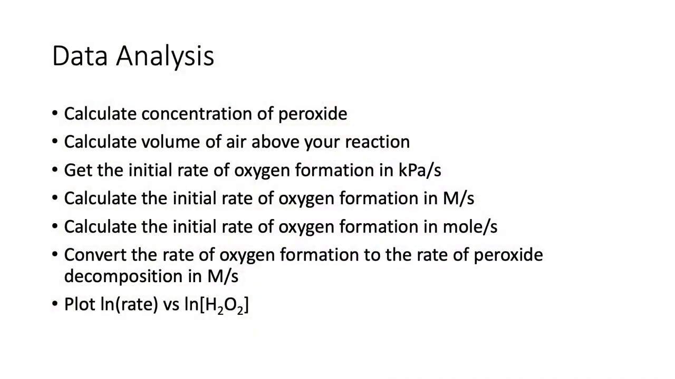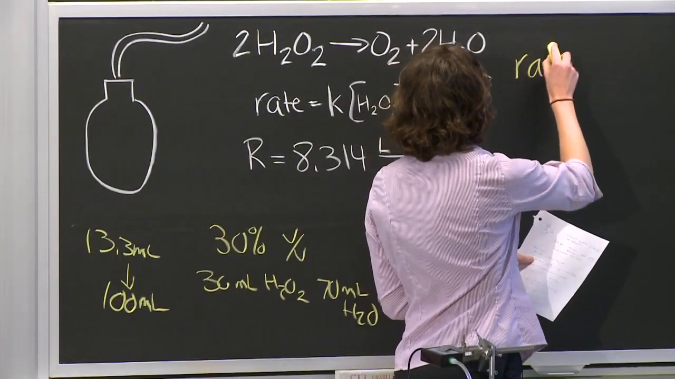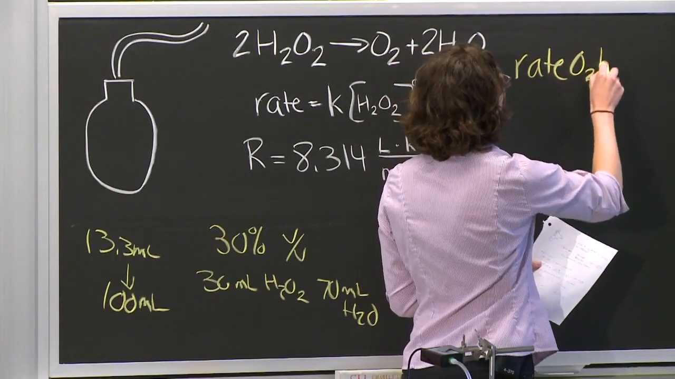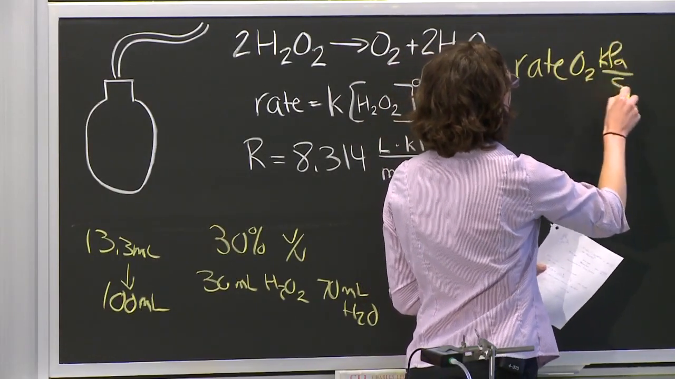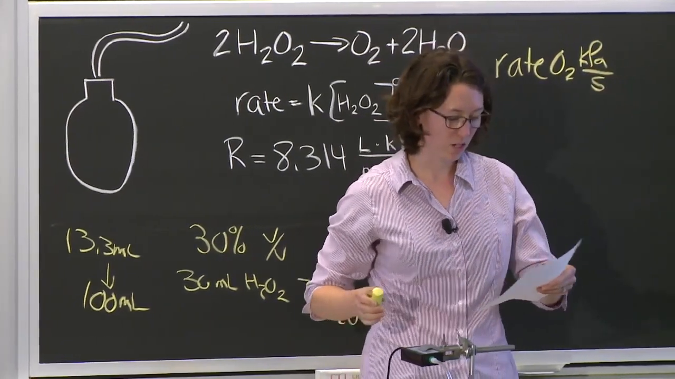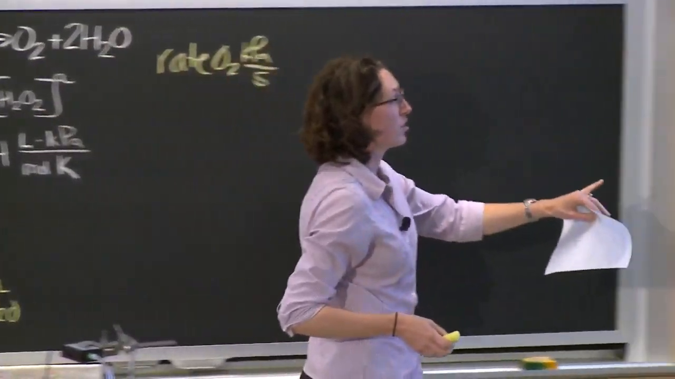And then I'm going to rearrange a couple of these other steps just because it'll make this a little bit easier to go through. But the first thing that we're going to do is the easy part, which is get your rate of oxygen formation in kilopascals per second. And that we're just going to read straight from the slope of the graph, so that's pretty easy. So we'll have our rate of oxygen formation in kilopascals per second. Great. So now we want to